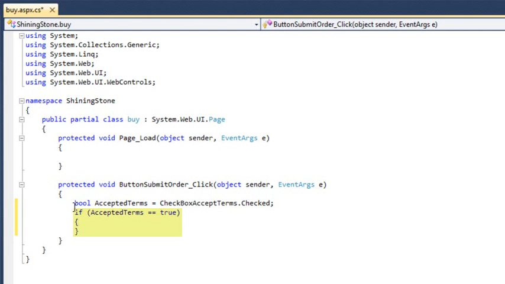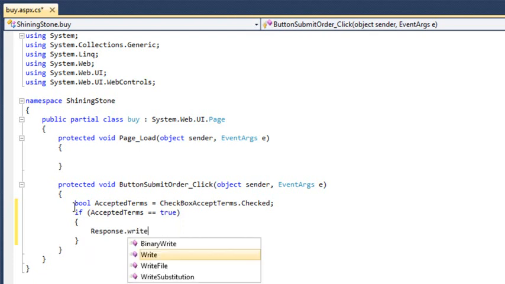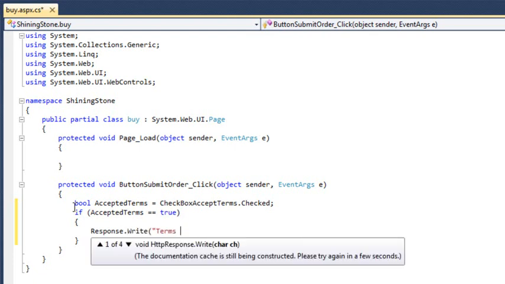In other words, the code inside the curly brackets will only run if the user has checked the checkboxAcceptTerms control. Next, add the following code inside the if statement, that is, between the curly brackets. Response.Write("Terms OK");